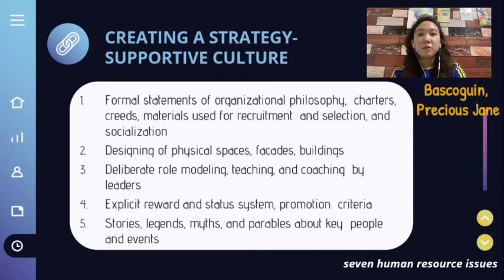So let's move on to another human resource issue, and that is creating a strategy supportive culture. Specifically, this is all about making formal statements of organizational philosophy, charters, creeds, materials used for recruitment and selection, and socialization. Designing of physical spaces, facades, and buildings, deliberate role modeling, teaching and coaching by leaders, explicit rewards and status